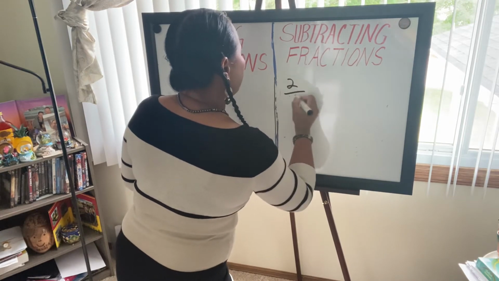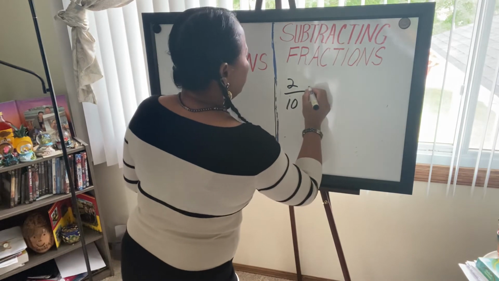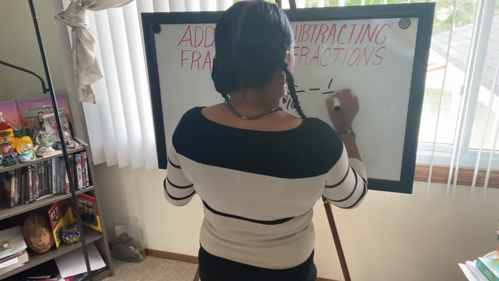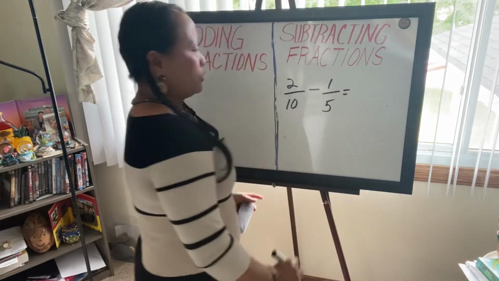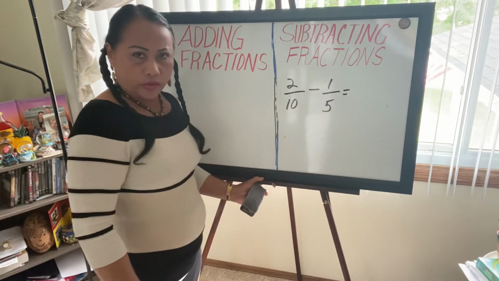2 over 10 minus 1 over 5. Okay, look at the denominators. The denominators are